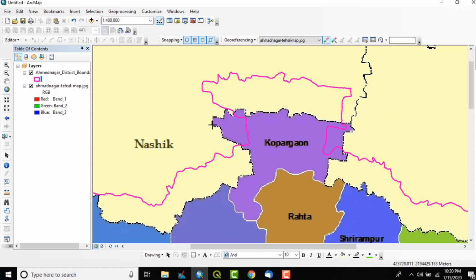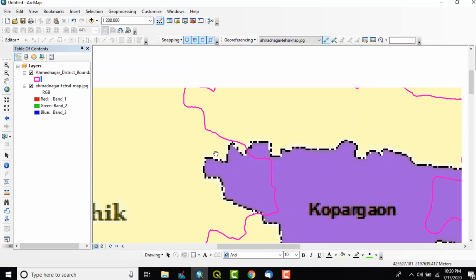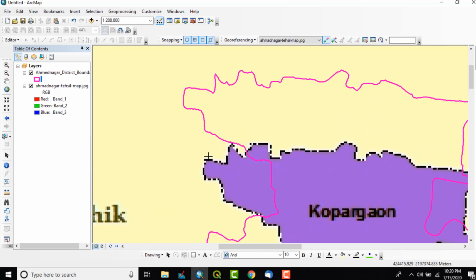Now, the first point we have to click on the JPG file. Suppose I have to give this particular corner point, and we can see the same point is available in the shapefile. So first I will click on the JPG file's corner point.